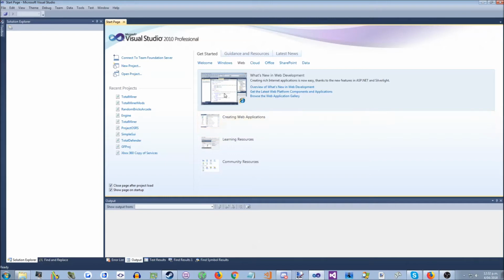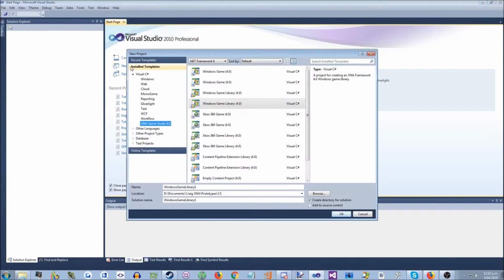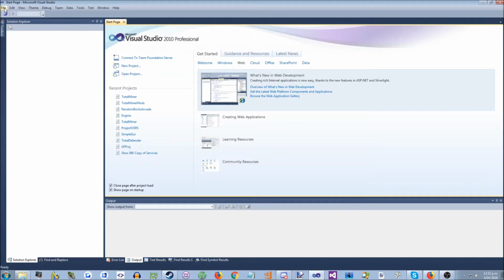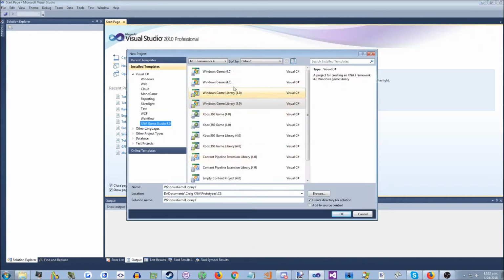So the first thing you do is you click on New Project, or you can go File, New Project, and you need to have XNA Game Studio 4.0 installed on your computer, and if you do, you'll see under the Visual C# templates there's an XNA Game Studio 4, so you highlight that, and then you pick, I don't know why I've got two of these, but you pick Windows Game Library,